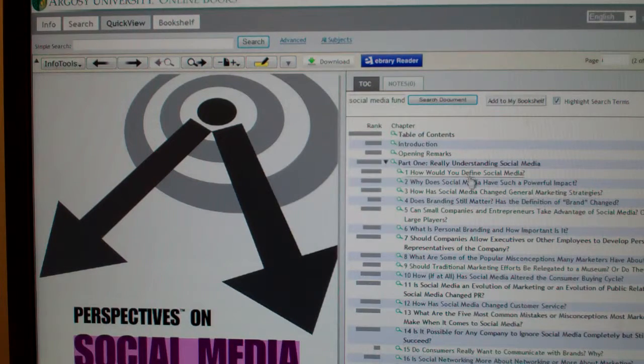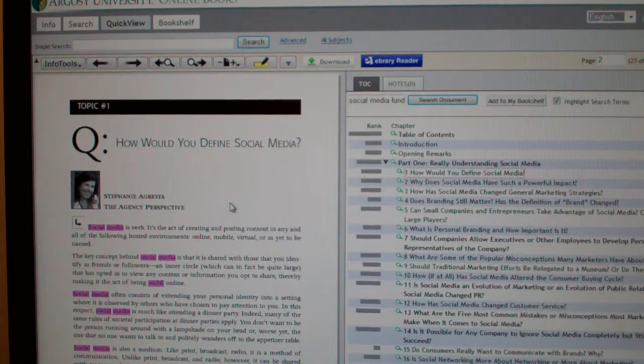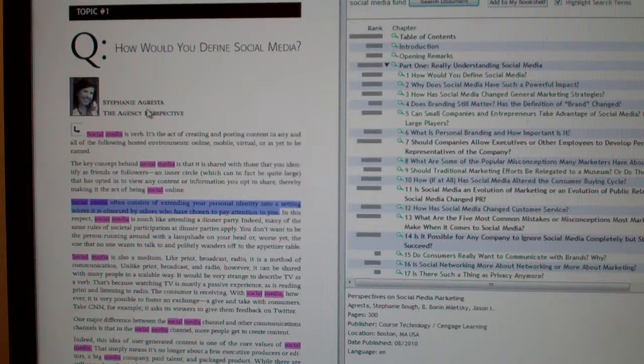So in this case, I might go to how would you define social media? I might get some different definitions, so I can just read through here. Social media is a verb. Social media is a key concept. It often consists of extending your personal identity into a setting. This might be something useful: the people that we network with are probably going to have similar backgrounds or likes as we have. So I'll grab this quote from this individual, Stephanie